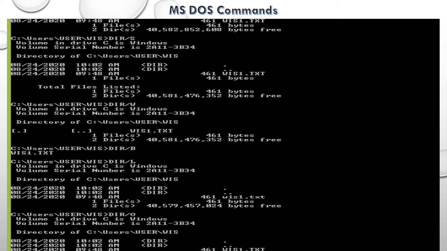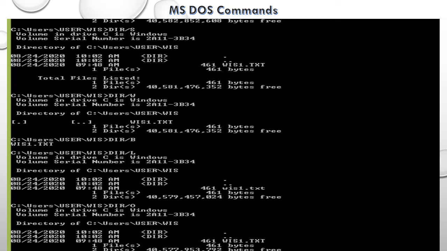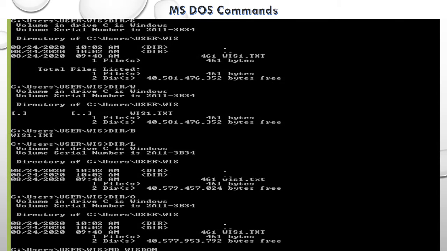Now we will create a directory using the make directory command. Syntax is md. md space directory name. md space wisdom creates a directory named wisdom. Two more directories are created here.